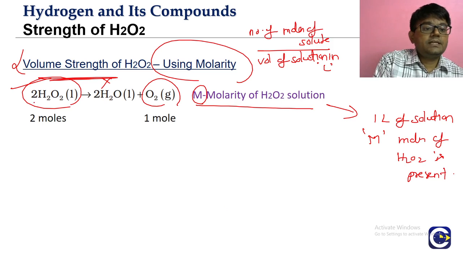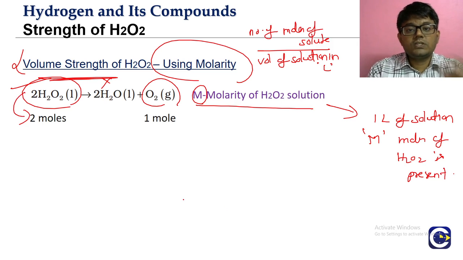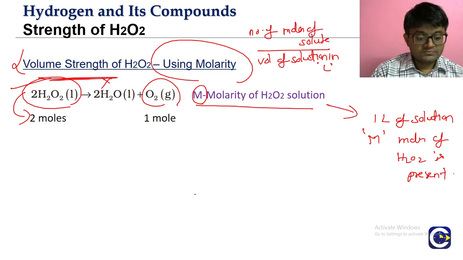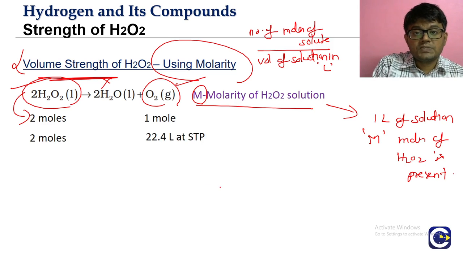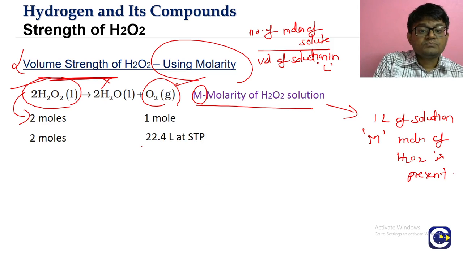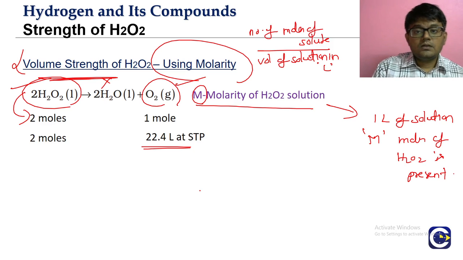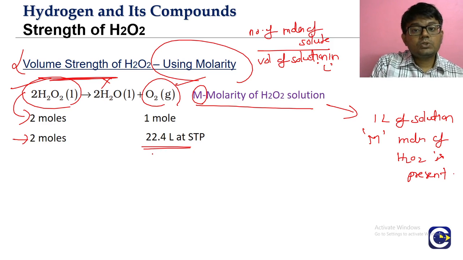So look at it. As per the decomposition reaction, 2 moles of H2O2 will give us 1 mole of O2. Now we are trying to understand the volume of the oxygen gas produced at STP. 1 mole of O2 is a molar quantity. At STP conditions, standard temperature and pressure, any gas, 1 mole, will occupy how much volume? 22.4 liters. This is what we call the molar volume of the gas at STP. So 2 moles of H2O2 will give us 22.4 liters of oxygen gas at STP on decomposition. This we are just getting based on the molar volume concept.